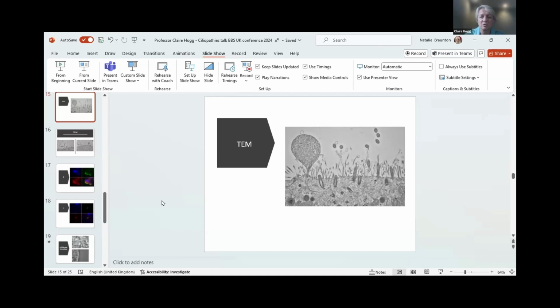If you look at the small cross sections to the right of that bulbous tip, so you can see the small round images there, that is a normal cross section of a cilia. So you can see how enlarged that is. And then if you go down to the next slide,